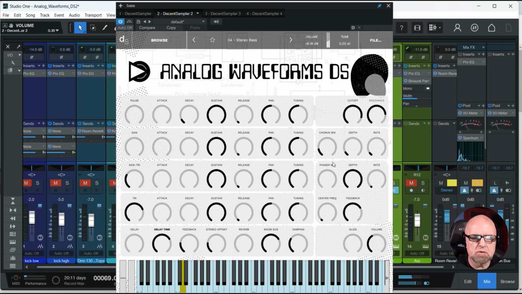Has a little bit of a chorus on here to fatten it up. I would probably layer it. I'd probably open up 2 channels, each with this patch, and I would probably use, for the sub bass, I would probably remove all the chorus off of it, any sort of delay,